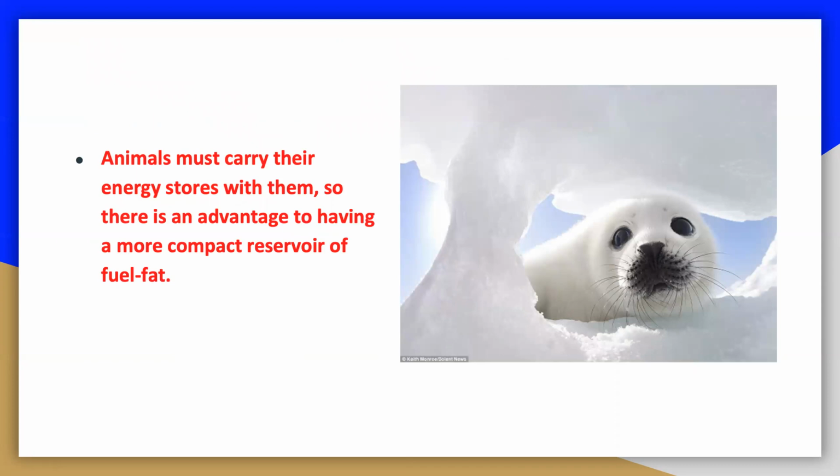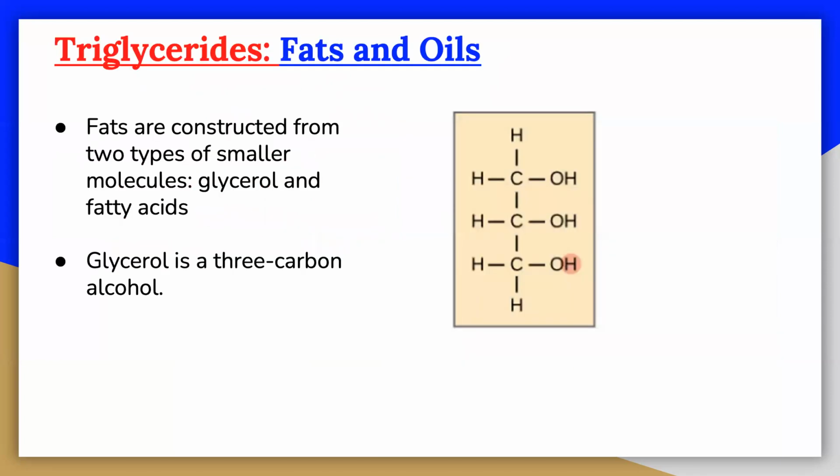The hydrocarbon chains of fats are similar to gasoline molecules and just as rich in energy. A gram of fat stores more than twice as much energy as a gram of a polysaccharide, such as starch. Because plants are relatively immobile, they can function with bulky energy storage in the form of starch. Animals, however, must carry their energy stores with them, so there is an advantage to having a more compact reservoir of fuel, fat. Although fats are not polymers, they are large molecules assembled from a few smaller molecules by